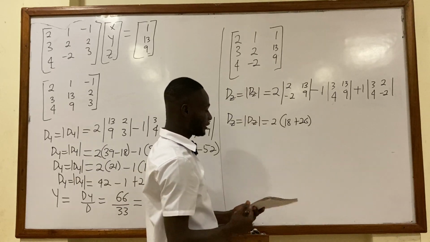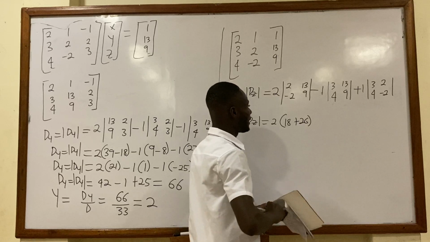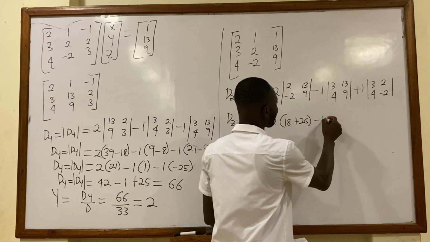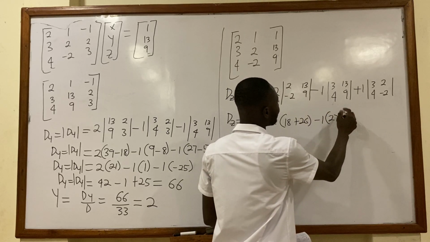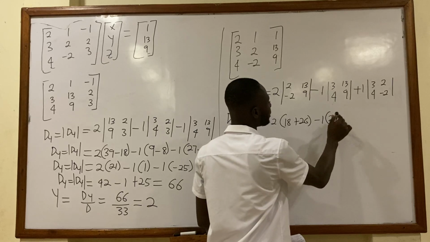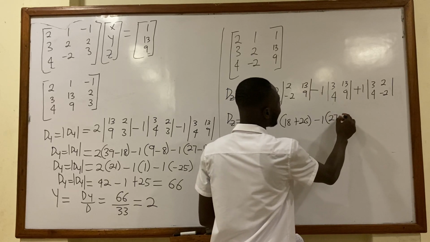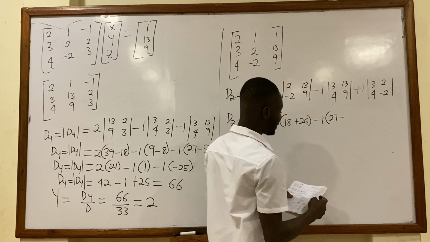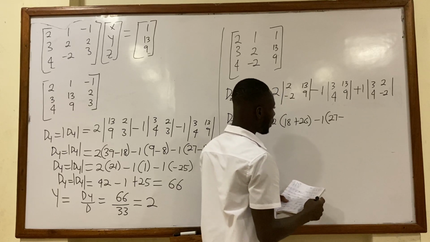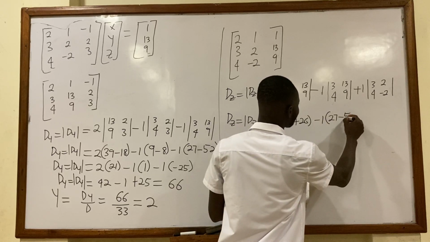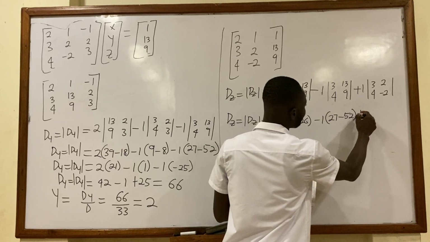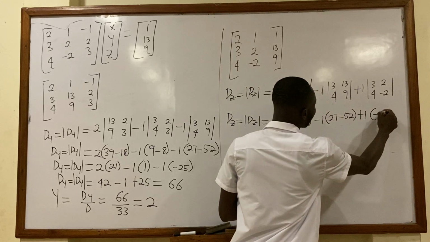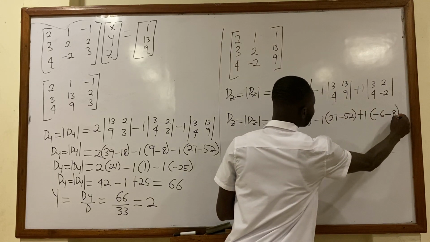We have plus 26. And then minus 1 into 27, 3 times 9, which is 27, minus 4 times 13, which is also 52,